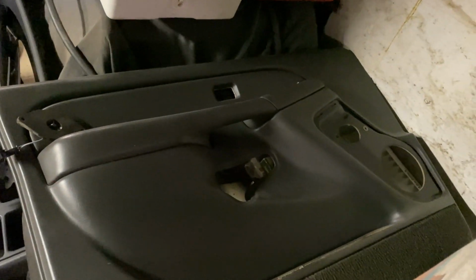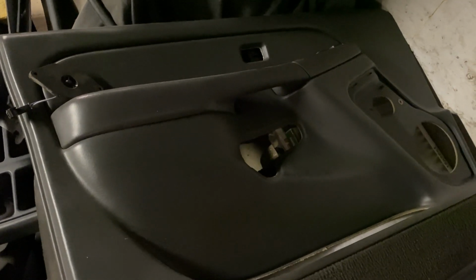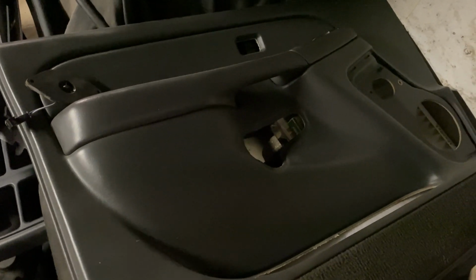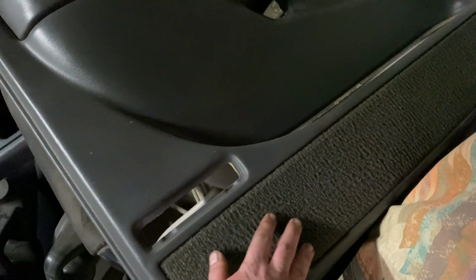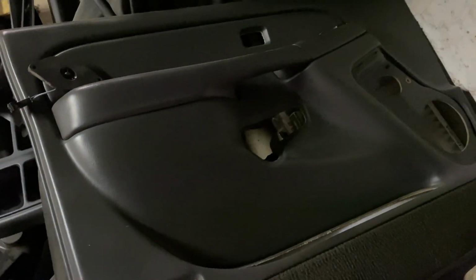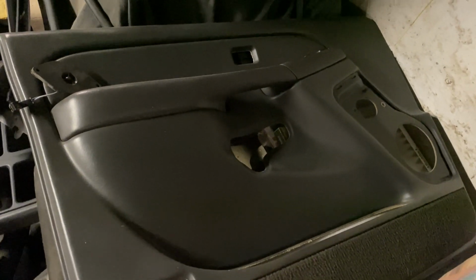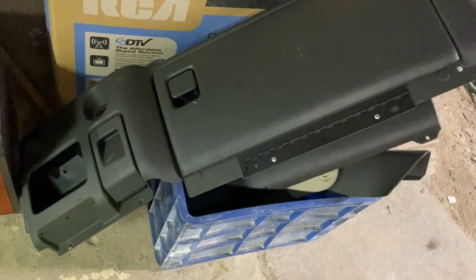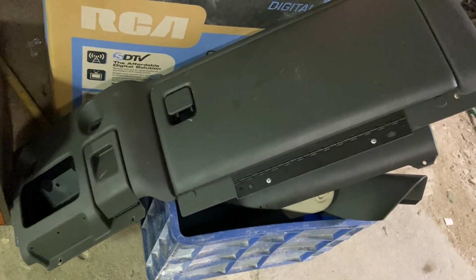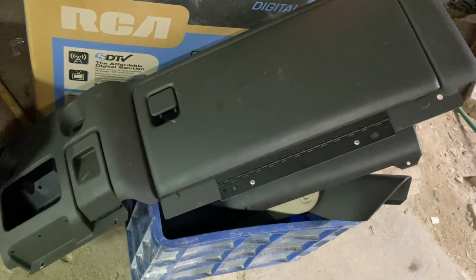This is the original door panel to my truck. Any off time I have where I don't want to go outside, I actually take and clean the interior parts. This was all stained and it looked nasty, and it looks brand new again. So I can't wait to get all this stuff put back on the truck and call it good. And here's all the old stuff. It's not going to be thrown out, it's going to be sold to a truck that's in need of interior